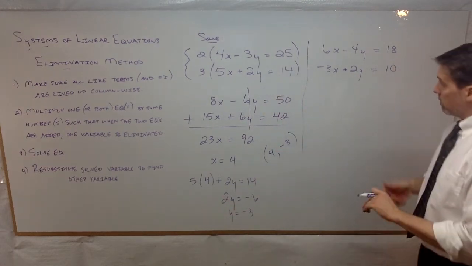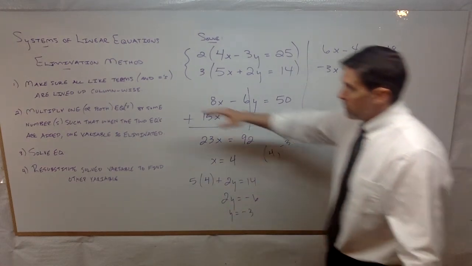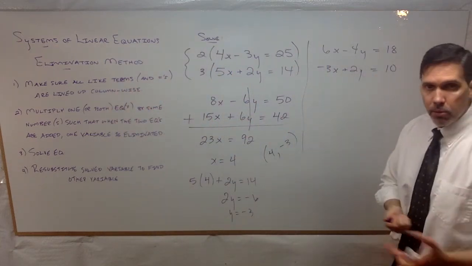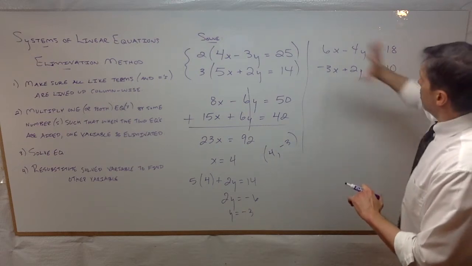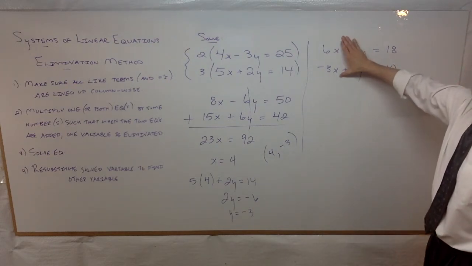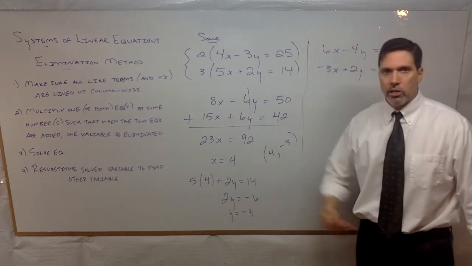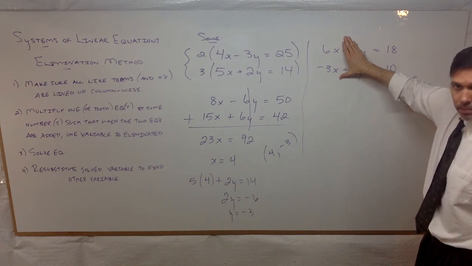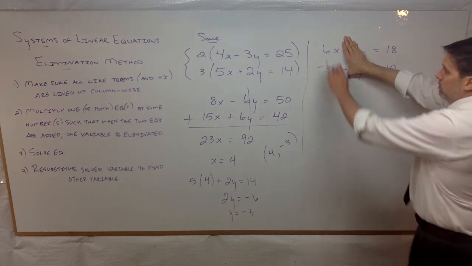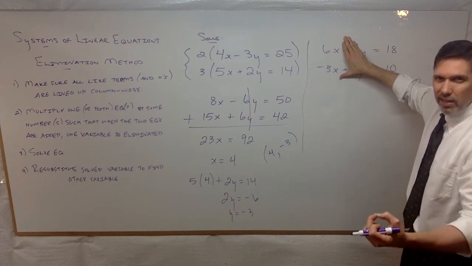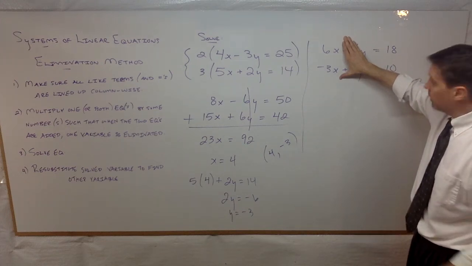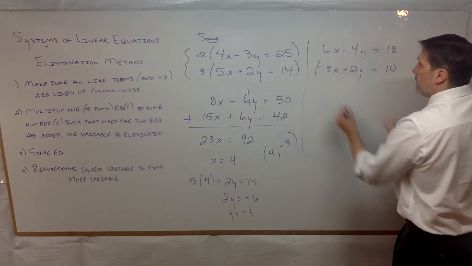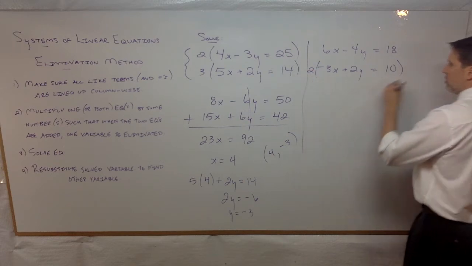Looks like it's ready-made for the elimination method again. And just make sure all the terms are lined up column-wise, which, yeah, we're good. It's going to happen most of the time where we're okay with this. All right, next, we can get rid of the x's, or we can get rid of the y's. Since we did the y's in the last one, let's get rid of the x's. So we're looking at the least common multiple of 6 and 3, and that is 6 itself. So some might be thinking, well, what about 12? What about 18? Those are common multiples, and it will work, but I think the easier one would just be a simple 6. So if I just take the bottom equation and multiply it by a 2,